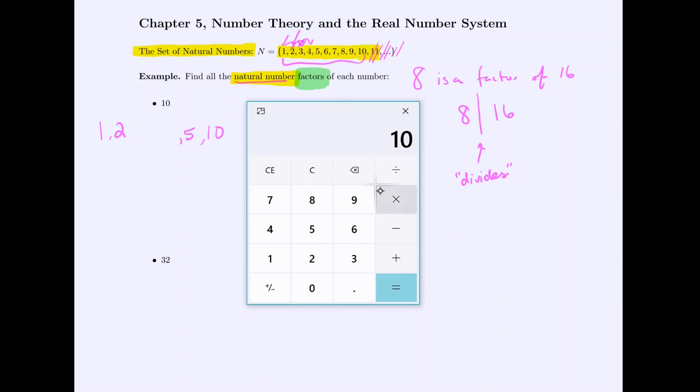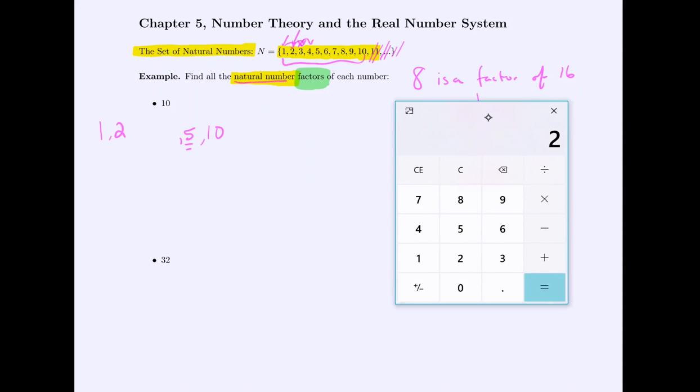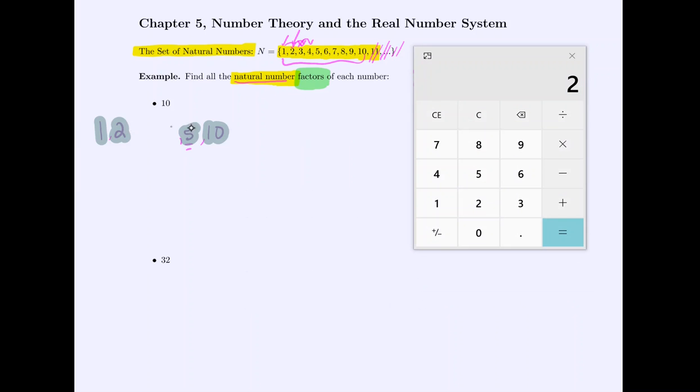And then next comes up 5. Yeah, it divides, but notice we already had 5 in the list. So if you go through this in this orderly fashion, once you start to repeat factors that you've already written down as the pair to an earlier value, that's when you know you can stop. So all the natural number factors of 10 are just 1, 2, 5, and 10. So as long as you're patient and you go through it in an orderly way,